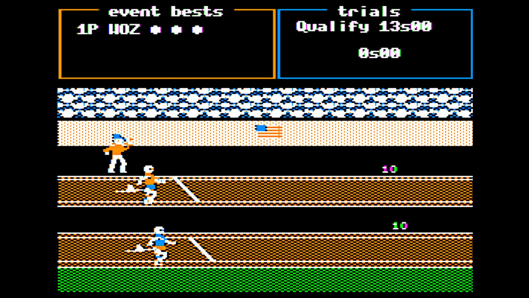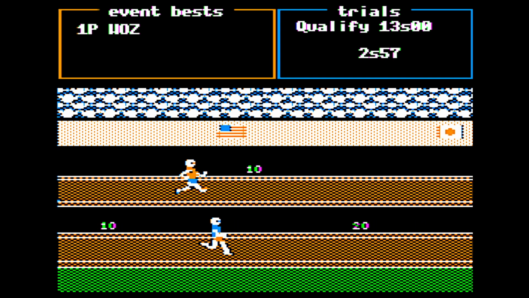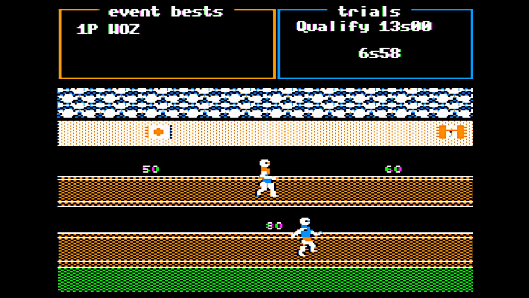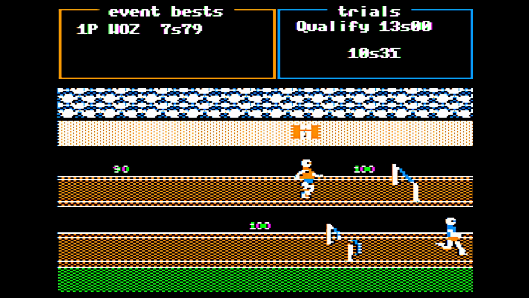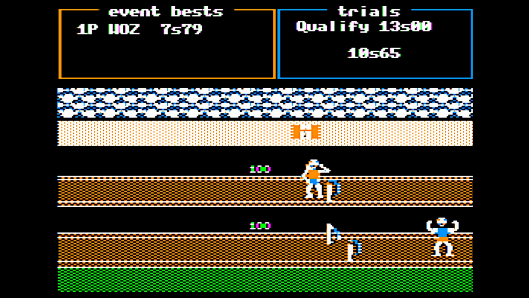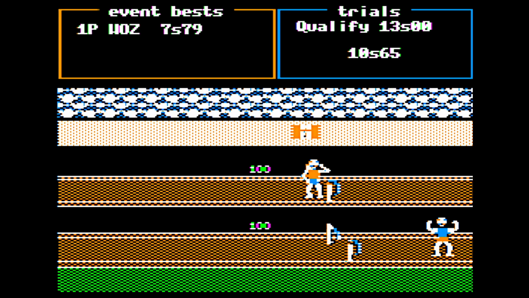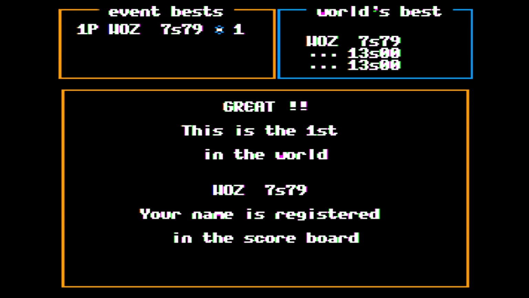All right, well, here we go. I'm just holding down the turbo mapped buttons on my joystick. Really hauling. Let's see how nice. So presumably that's about the limit. I don't know why. Oh, okay. I was like, why is the timer still going? It's because the qualifier was going slower than me. First in the world, 7 seconds. Not bad.